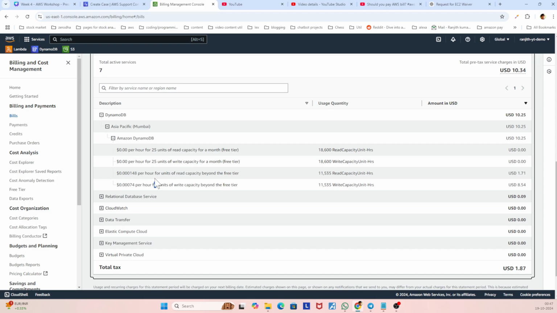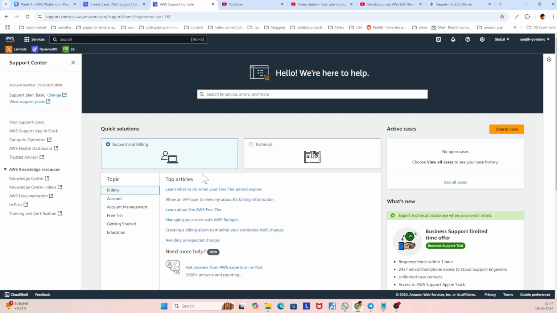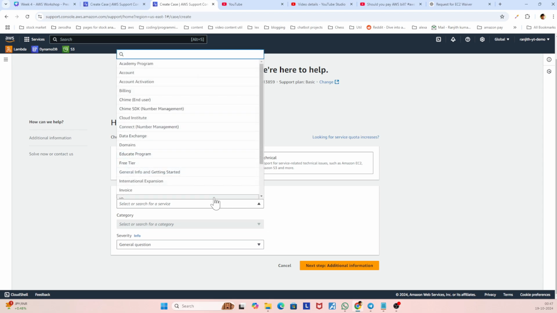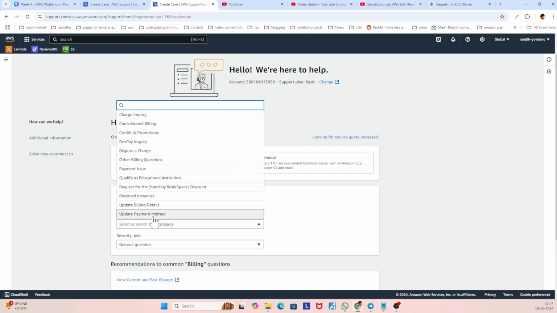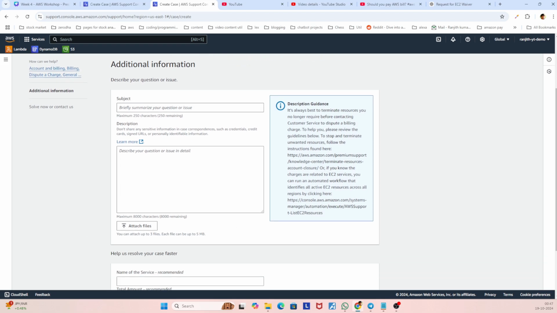For doing that, you can raise a ticket. Before raising a ticket, I want you to go to the DynamoDB table in the Mumbai region and delete the table. In my case, I deleted it already, and I'll go ahead and create a ticket. For doing that, let's go to Support Center, and here let's click on Create case, click on Accounting, and let's find Billing. The category should be Dispute a charge, and then it should be General questions. Click on here, and the summary should be